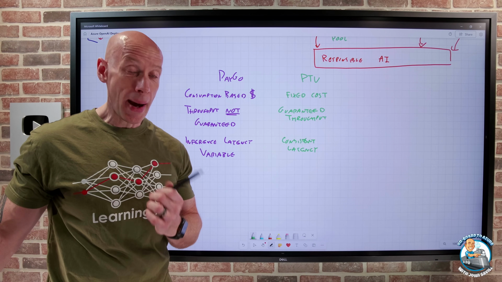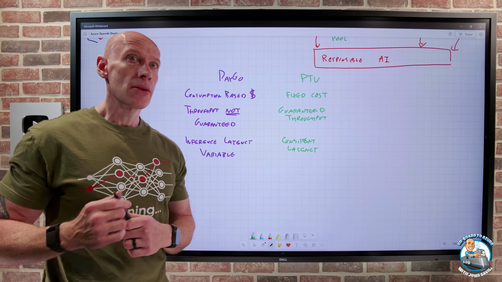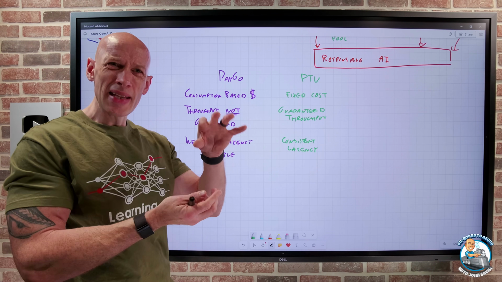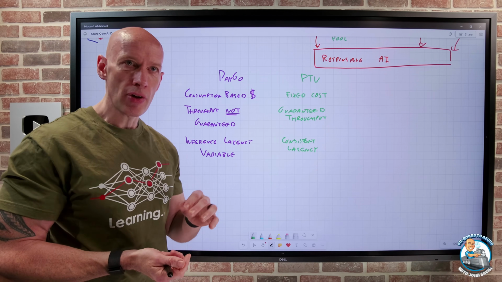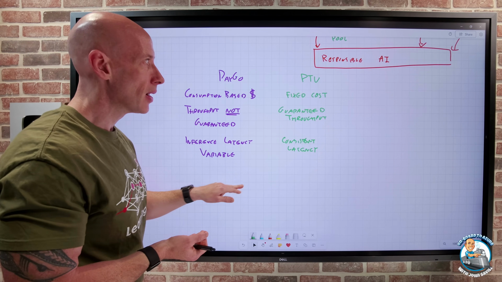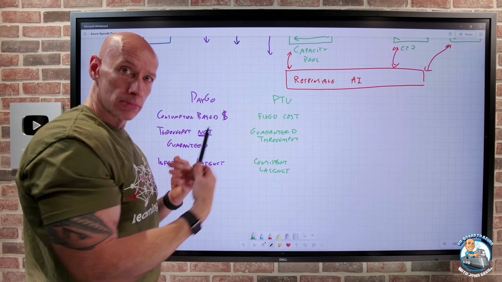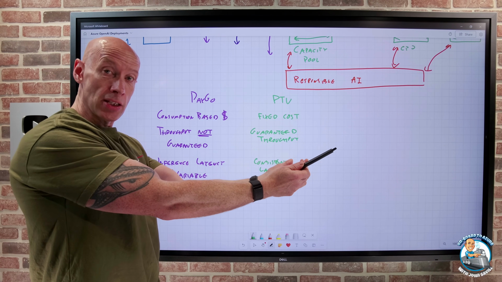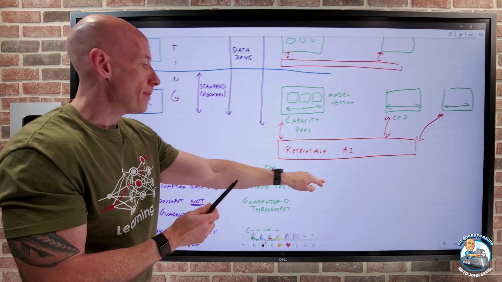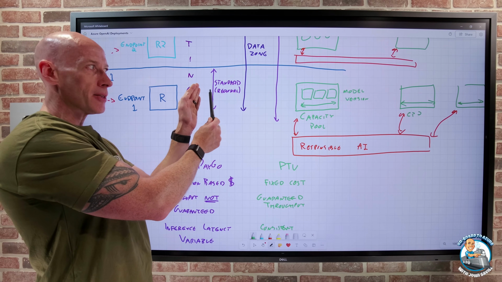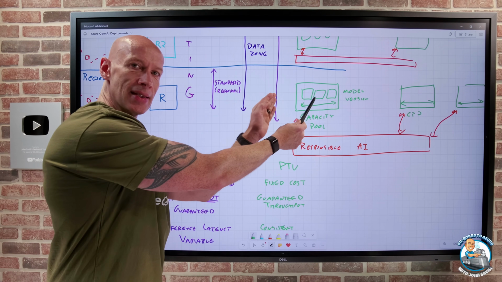There is a model capacities API available that can help me go and see, well, what is the number of PTUs I could buy in different regions? Because again, remember, the capacity has to be there to be able to buy the PTU. So once again, if I'm buying a PTU and it's standard, the capacity has to exist in the capacity pool